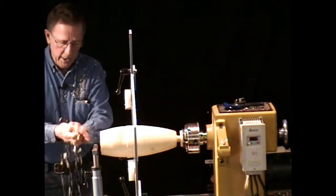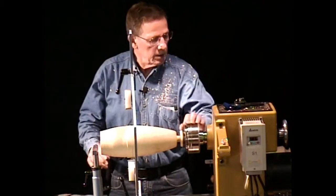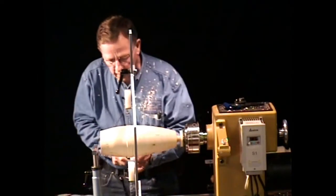And then to clean your hands, of course, I have a friend that just goes nuts when I do that. He just, here's a towel. But anyway,